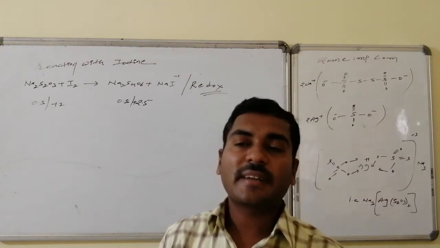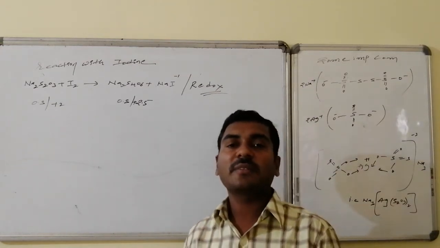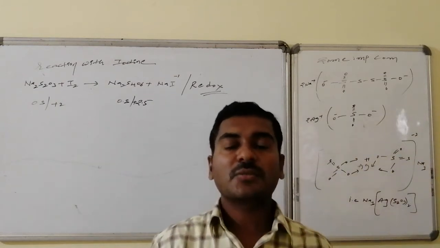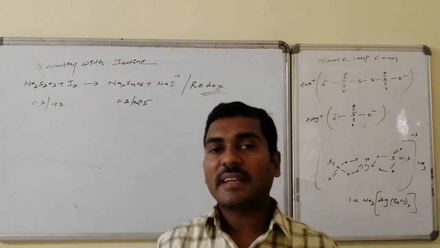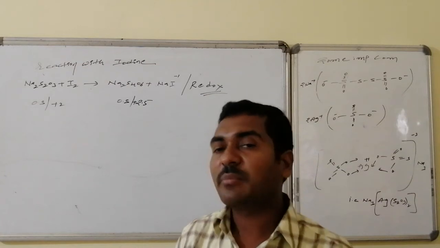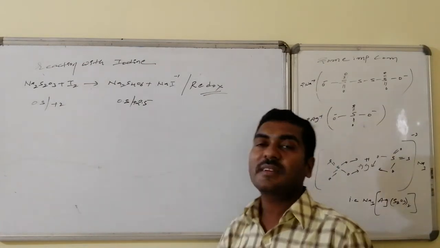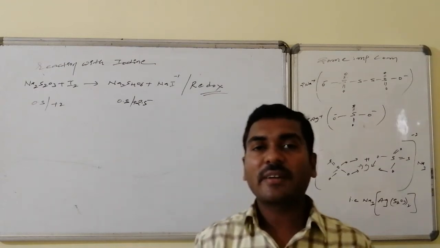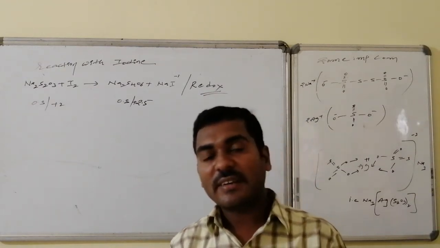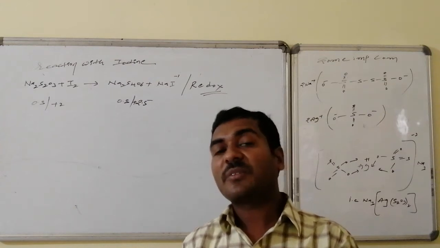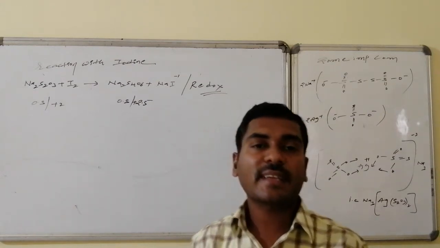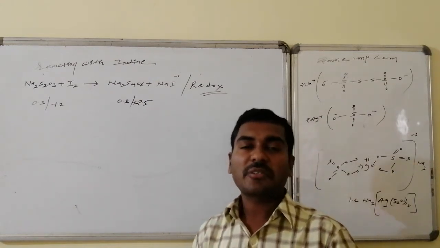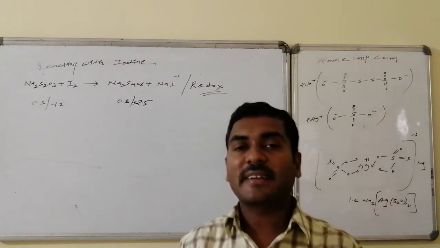In iodometric titrations, iodides are allowed to react with an oxidizing agent, so iodine is liberated. That liberated iodine is estimated by reacting it with a known concentration of sodium thiosulfate, thereby how much iodine is liberated and how much iodide is present can be estimated. All of these things can be estimated, and this process is said to be the iodometry technique.